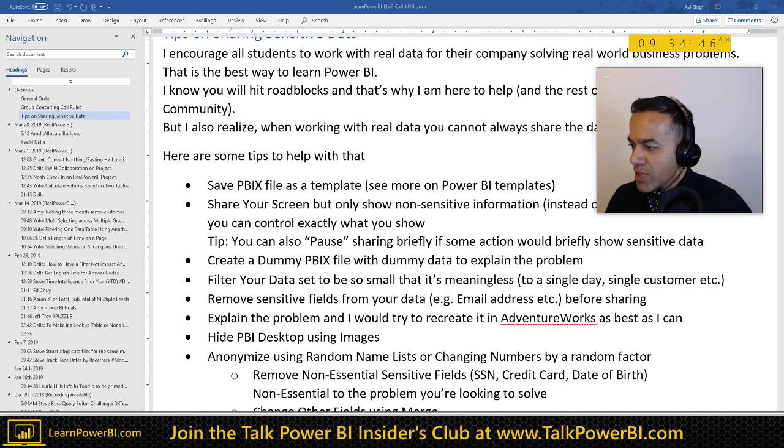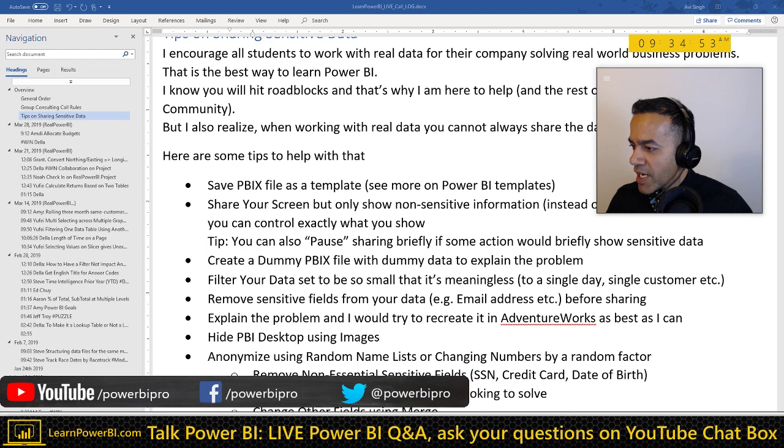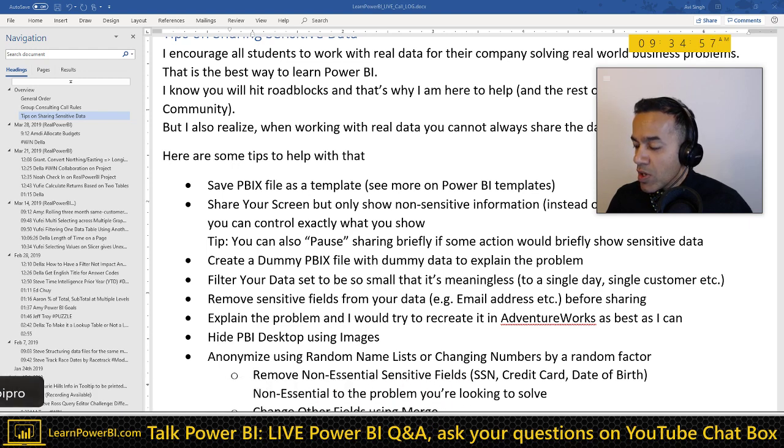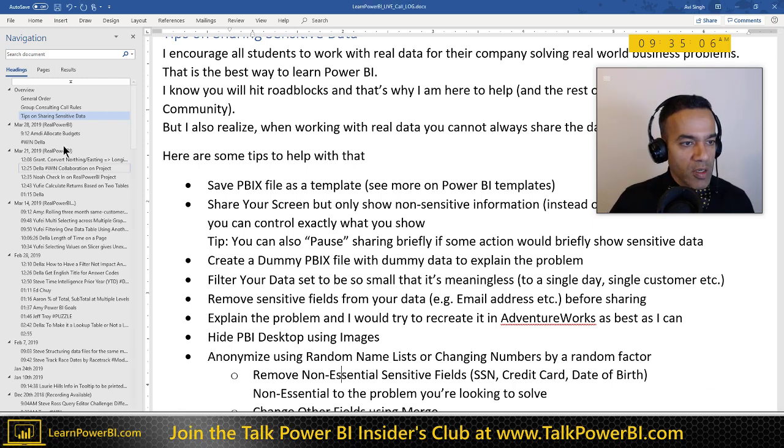Dynamic row-level security. I know about row-level security. I'm not sure what you mean by dynamic. Unable to filter the entire dashboard. Only data from one table is being filtered. Ah, okay. I think I know. You can create a hash. I'm not sure who John is responding to. Okay, cool. So we'll park that as well.